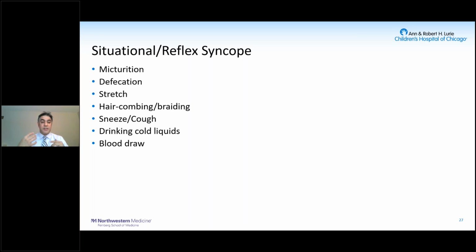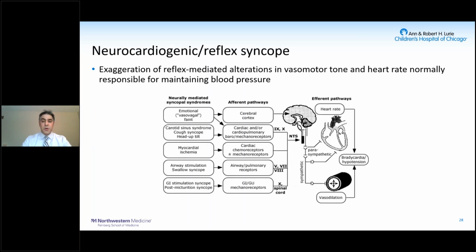Blood draw is very common, where the sight of blood, something noxious, sets up this mechanism that causes you to have poor perfusion to your brain. I'm not going to go into the details because this is a very complex mechanism to understand, and we don't fully understand it ourselves. But during these positional changes, these specific situations, something is happening to the signals to the heart and brain where it causes vasodilation instead of vasoconstriction when you're standing, to be slow, and your heart rate doesn't respond appropriately. You get a combination of inappropriate heart rate and not enough blood flow going to the brain that causes you to pass out.